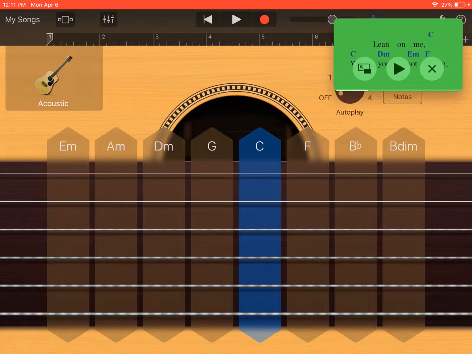Now, if you can get yourself to where you can sing along and play along together, that's great. It's a very important skill for a musician to learn, and it's also one of the tougher ones to learn. So part of it is learning each thing on their own. I'm going to learn the chord progression on its own, and I'm going to learn the lyrics on my own without playing an instrument.